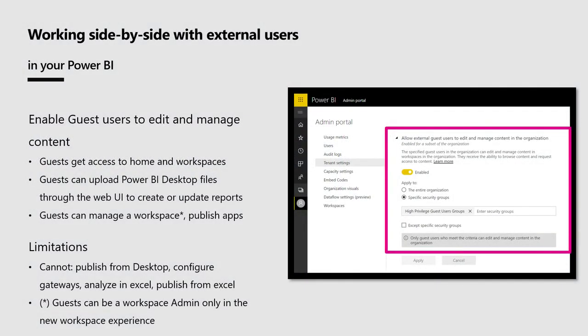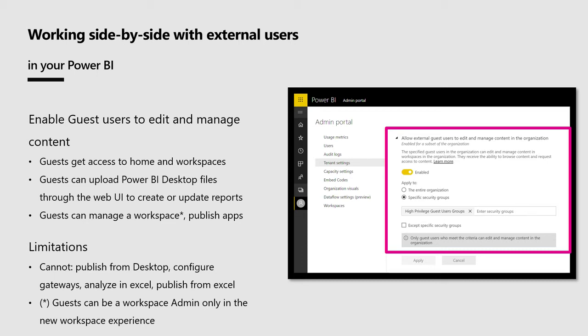So the next thing that I want to talk about is, while that was a read-only experience, maybe if I have a consultant working for me, I actually want them to come into my Power BI and make the reports for me or for my team. How can I actually do that? Well, we have a new capability called Edit and Manage that allows users of Power BI to give external users this ability. And it requires a Power BI admin to change a setting. And once that happens, that user can access home, they can access workspaces, they can create and publish content, they can even use gateways that you've configured for those users and given them permission to.